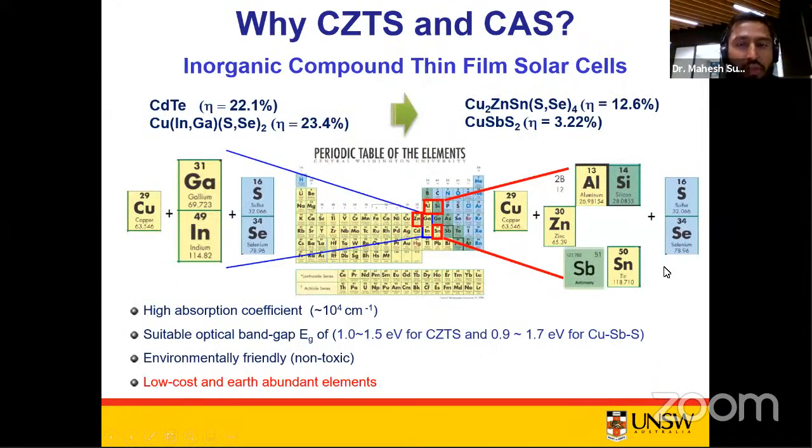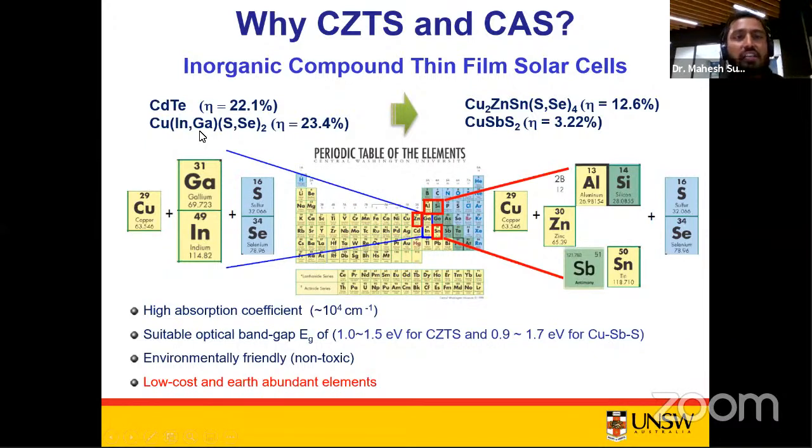So why are we interested in developing this CZTSSe thin film solar cell? As I mentioned, though the perovskite solar cell has achieved an efficiency of over 25% in such a short time, they contain toxic lead and their stability is very poor, which might significantly impact their large-scale utilization for a wider use. On the other hand, the CIGS thin film solar cell technology, with a record efficiency of 12.3%, which has already been commercialized, contains the toxic and rare indium and gallium elements, which again raises a question of the availability of these elements in the near future.